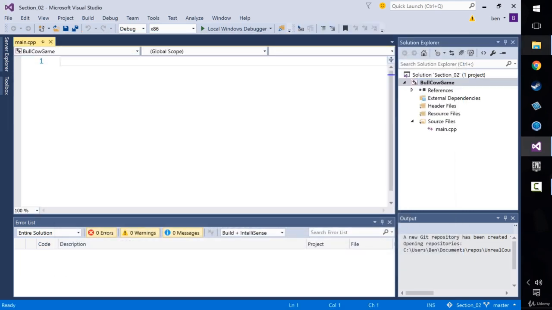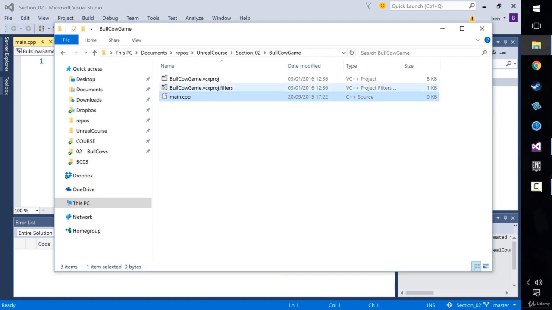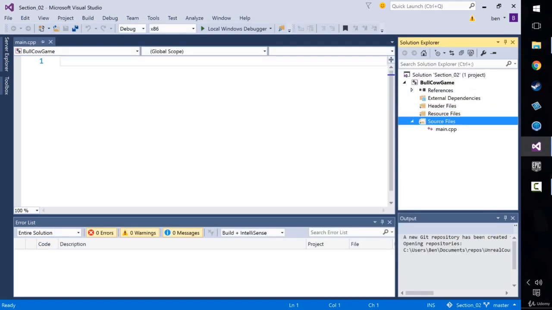Now this does lots for us. If we look on the file system, there it is, as planned. It's also attached as a source file, a source code, to the project. Okay, that's cool. And we're done. That's the challenge finished. Now, there's another way you may have attempted this, and it will cause you a little